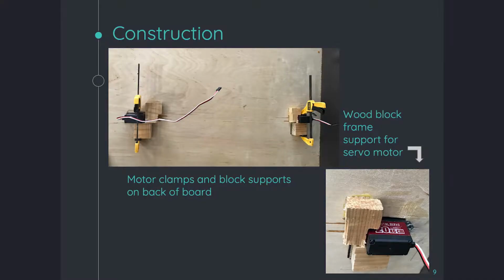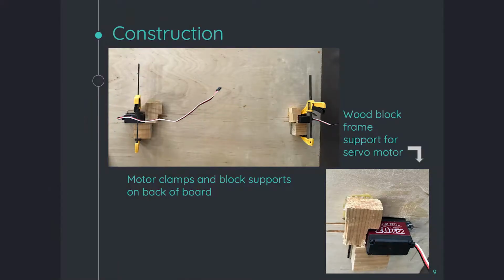Okay, so in order to build the actual robot, the first thing that we did was drill 2 holes into the back of a 2x4 foot laminated plywood board located here and here. The purpose of drilling these holes was to mount the servo motors to the board. Servo motors are motors that can be programmed to turn to exact angles. And the ones that we purchased are high torque, meaning that they're able to rotate heavy objects, which is important in our project. And pictured here is the servo motors mounted to the back of the board using screws and